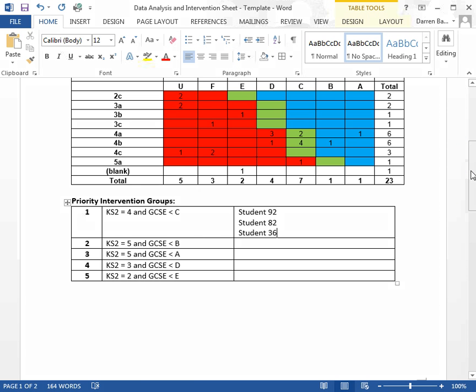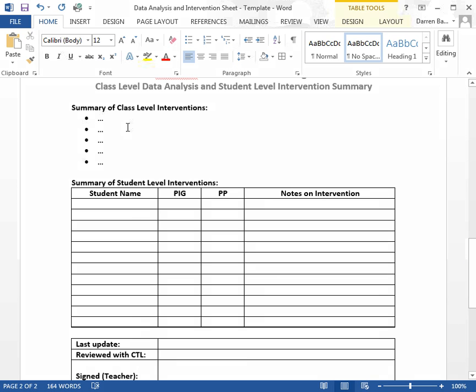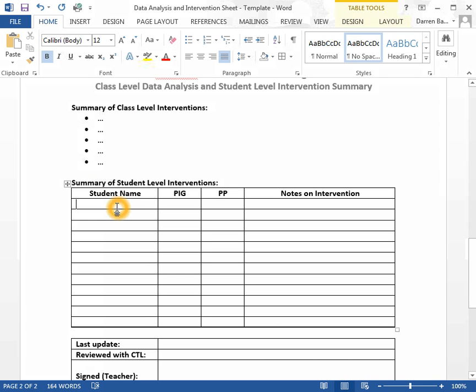and then I can get down to some real planning. So if I go on to the next page of my document, I can list the kind of class level interventions that I'm going to carry out, so things I can do with every student, and then there's obviously going to be student level intervention, so I can list the student names down there. So if I just put a couple in just to start with, I can write down what priority intervention group they are,